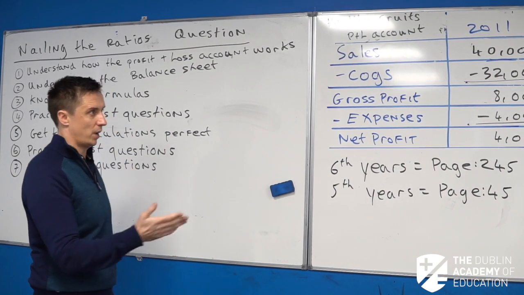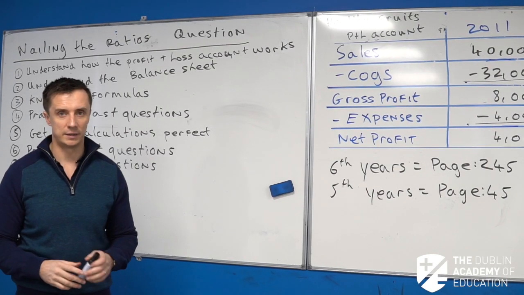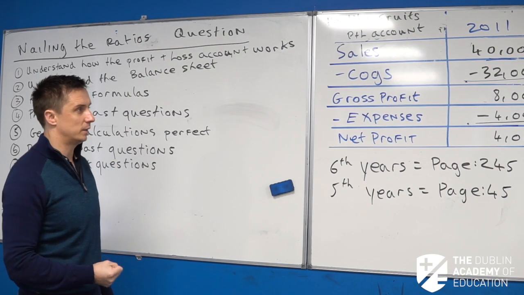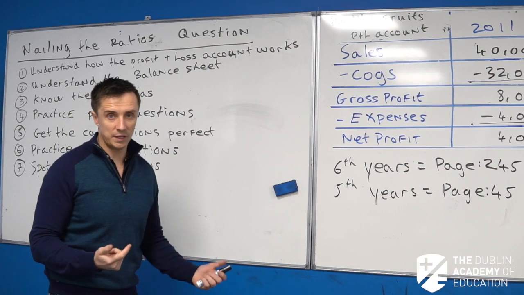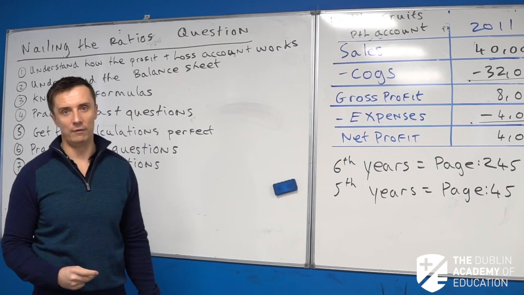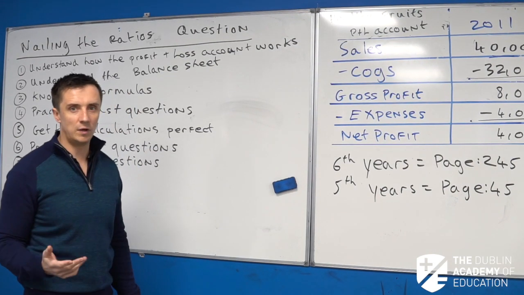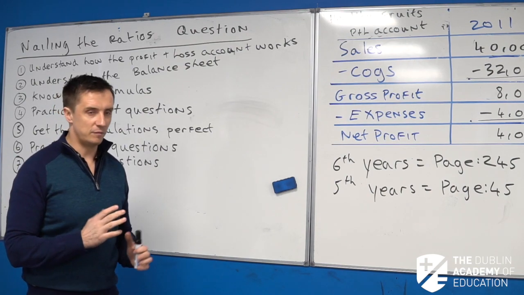of our ratios, right? Now again, there's a big mistake students will make with the ratios, which is that they'll nearly jump ahead, and a lot of the time they'll learn off the 6 formulas, and then they'll just pick out questions from the book and they'll do 1 or 2 and they'll get it right, and then they'll think they know the question. But you can be lulled into a false sense of security with this, because there's a few trick questions, and